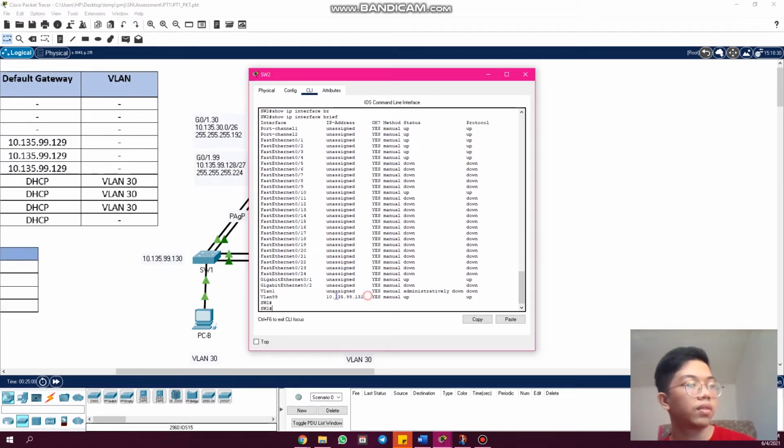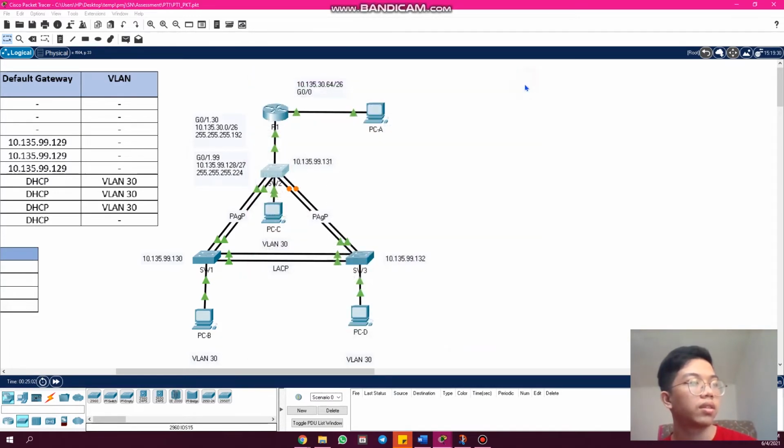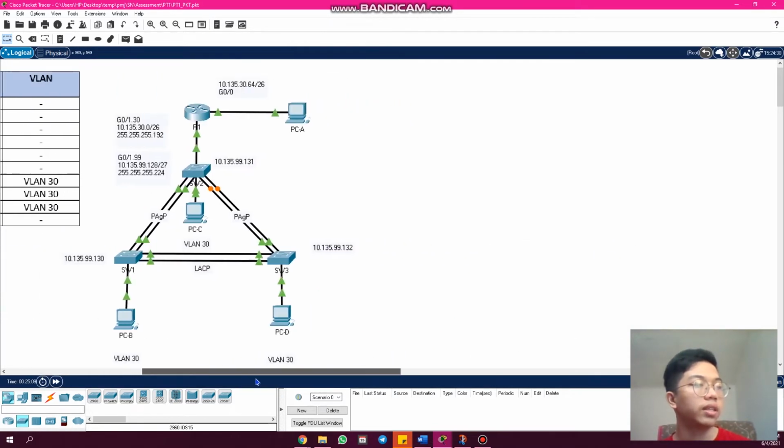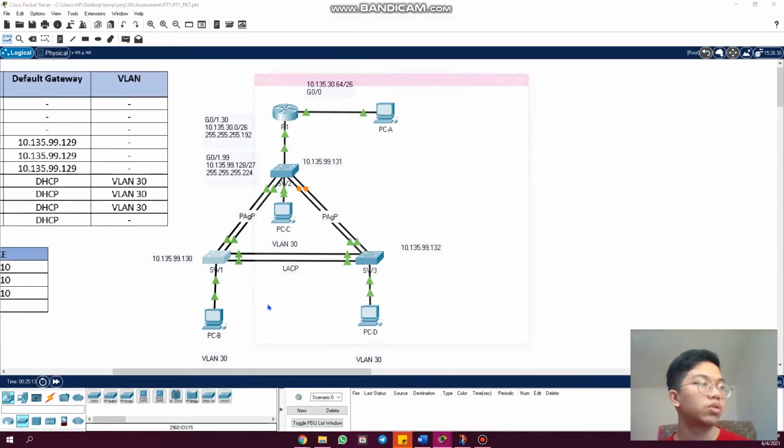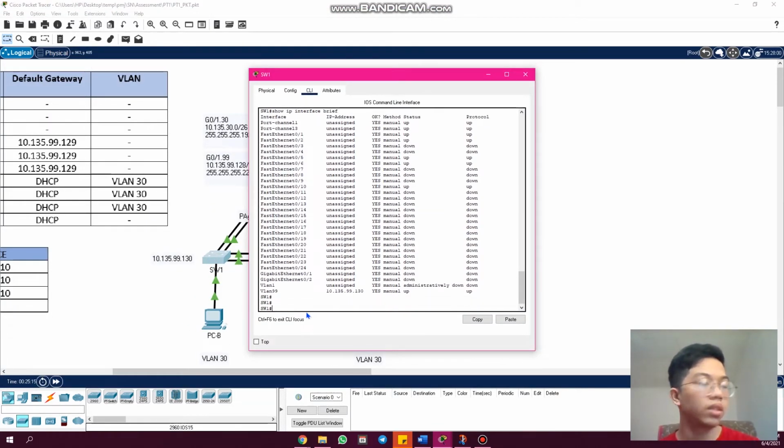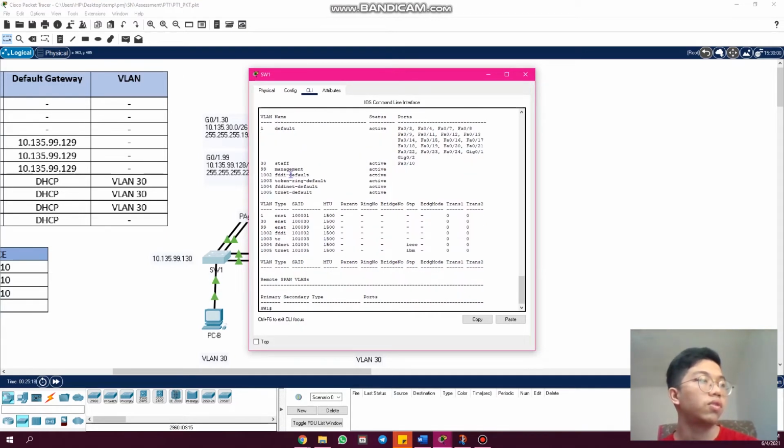Alright, VLAN 99, and switch 3 as well for the SVI. Now I want to show the VLANs. As you can see for VLAN 30, we open the switch and show VLAN. For the VLAN 30 name